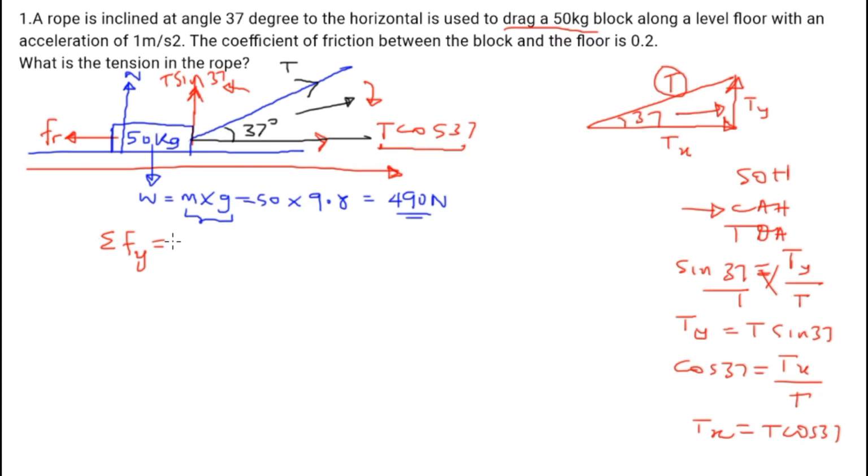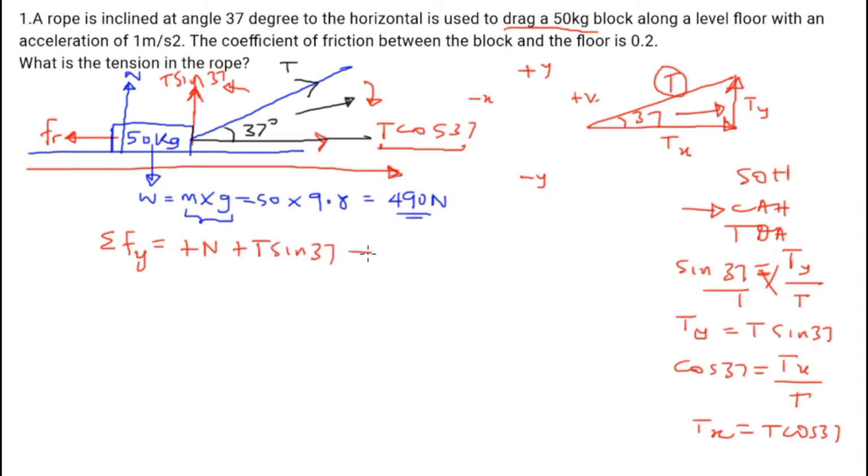If we assume that up here is the positive y-axis and down here is the negative y-axis, and then this side is the negative x-axis, and this side is the positive x-axis, then it means that N is going along the positive y-axis, and T sine theta is also along the positive y-axis,